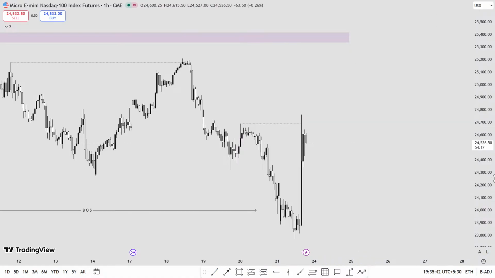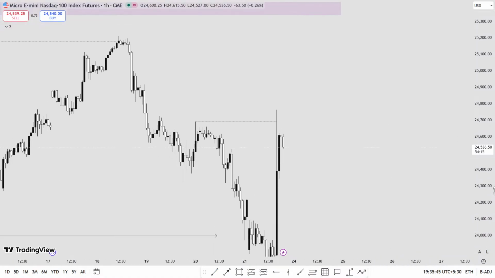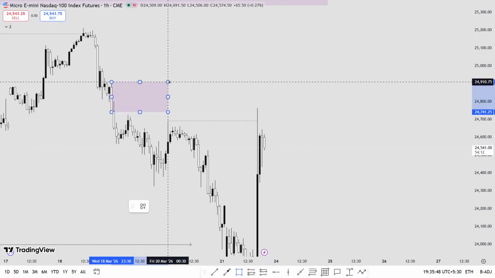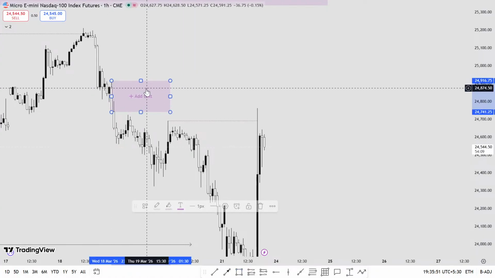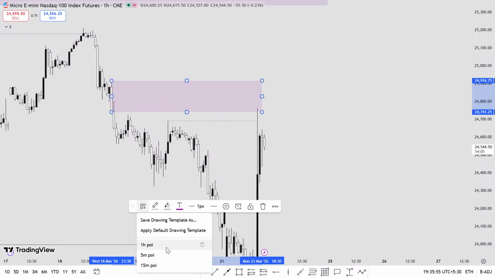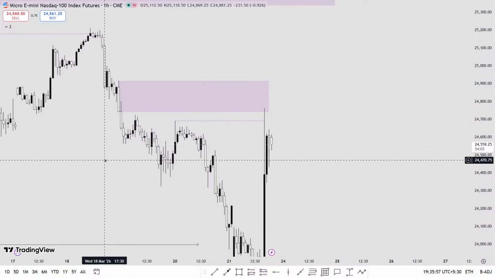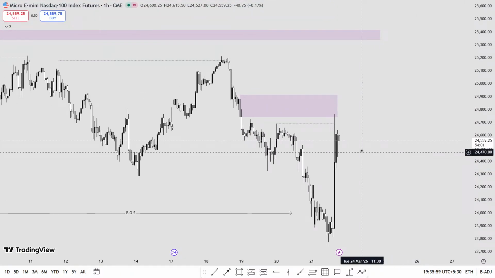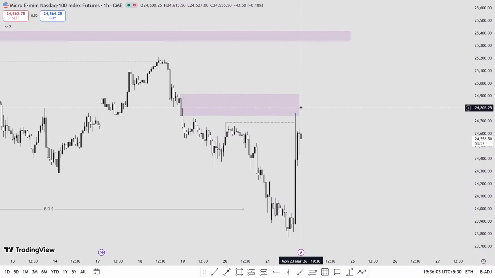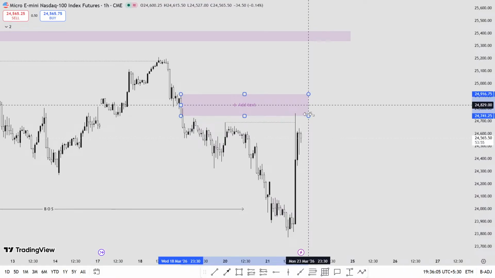Market took this liquidity area, and there is a zone of PY over there. That was, yeah, this is the PY zone on 1 hour. This is the 1 hour PY. Markets tapped on this one and looking to go to the downside, but what we are waiting for, if market